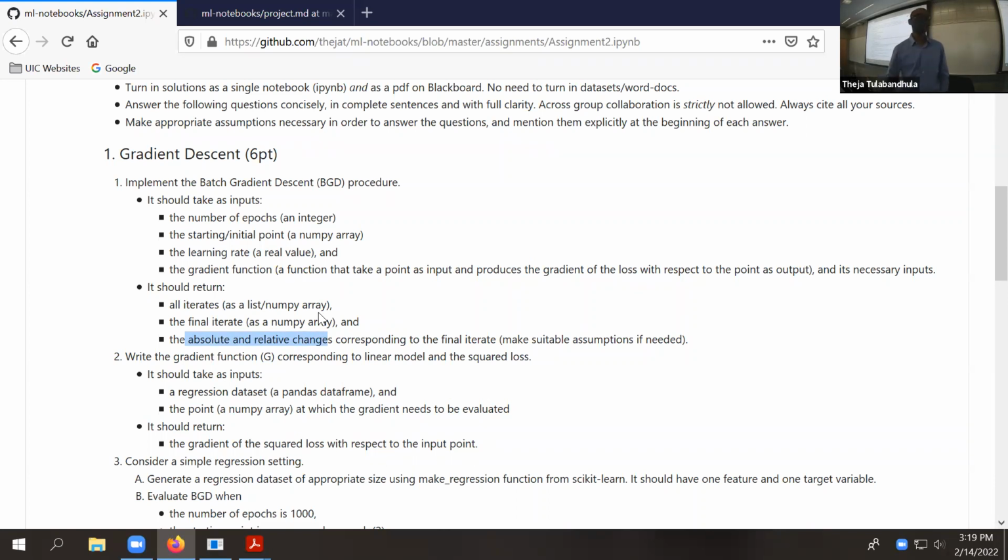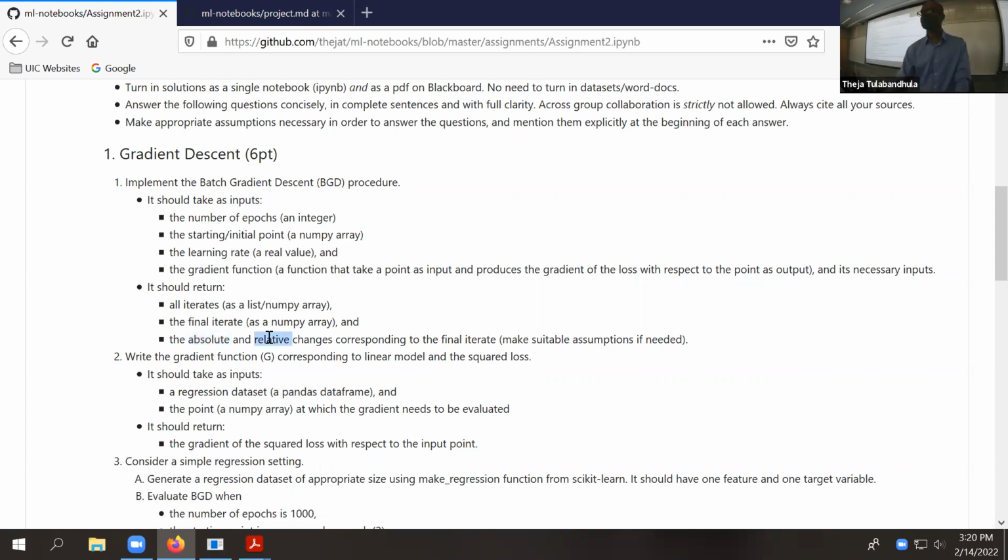It's basically a sense of when did you stop your procedure, right? If you remember, "until convergence" was the phrase we used in the lectures. What is until convergence? When the final iterate minus the second-to-final iterate are not too different. That change, you can call it an absolute change, and you can say, hey, that didn't change too much. The absolute difference between those two vectors, for example, is small.